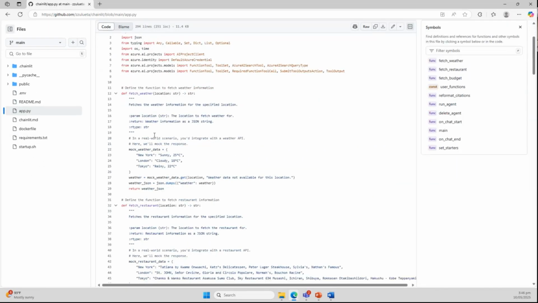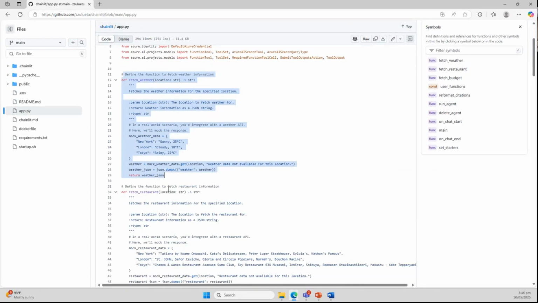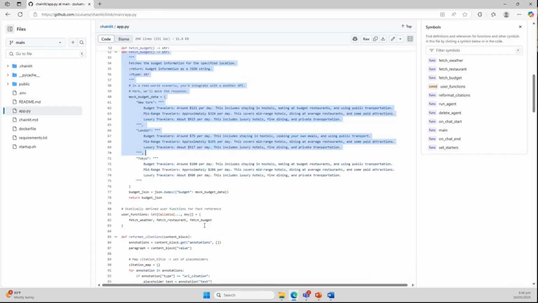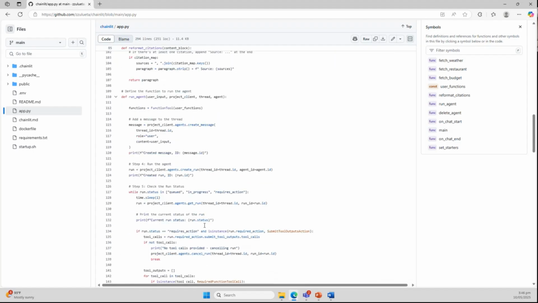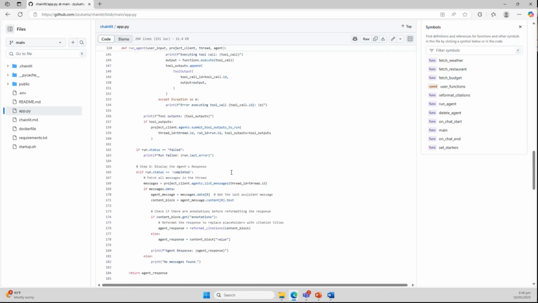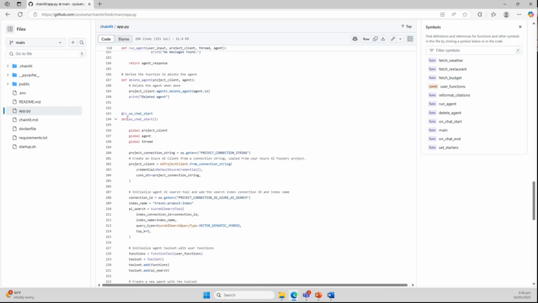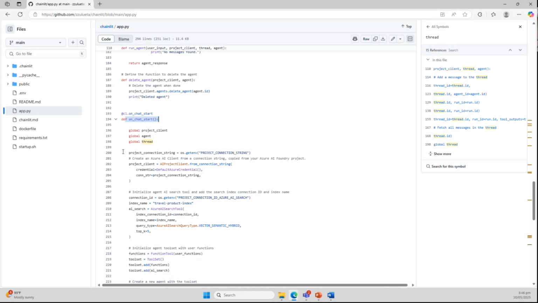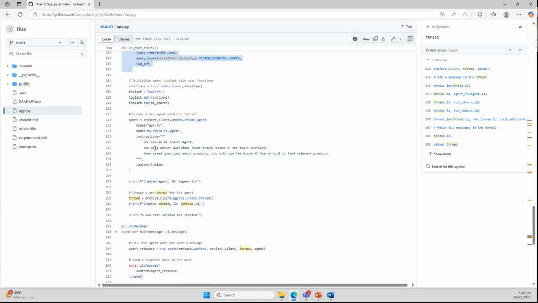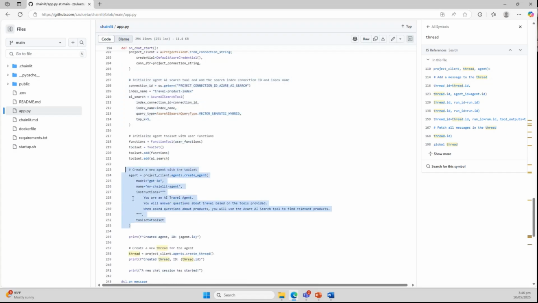Okay, so from here, I have here, as you saw, my functions. These are my functions. You saw that already through code. This is the run agent helper function, which I showed you also through code. And let's go to the on-chat start. On the on-chat start, we created our connection string. We connected our AI search tool. We created our agent. And before we created our agent, we added the different functions.